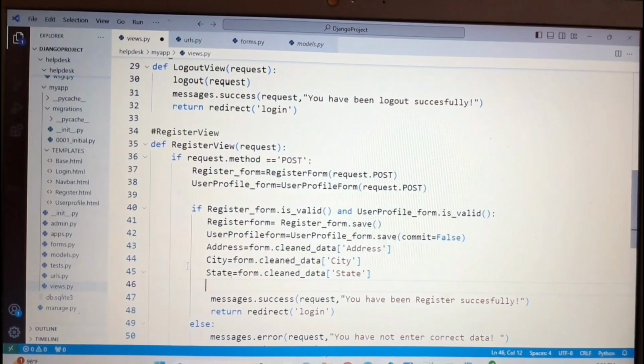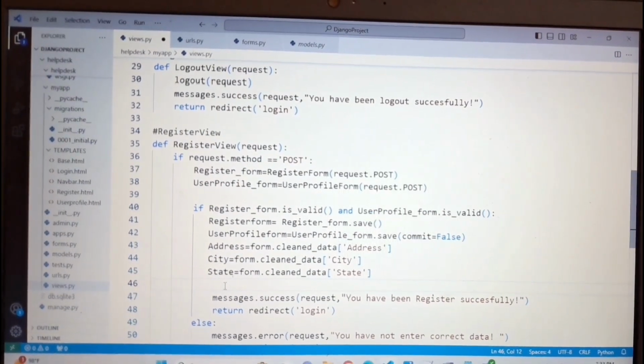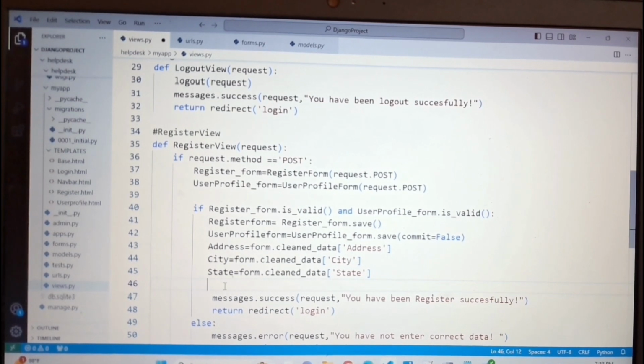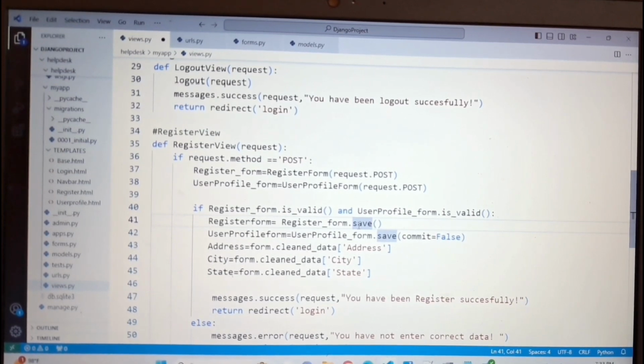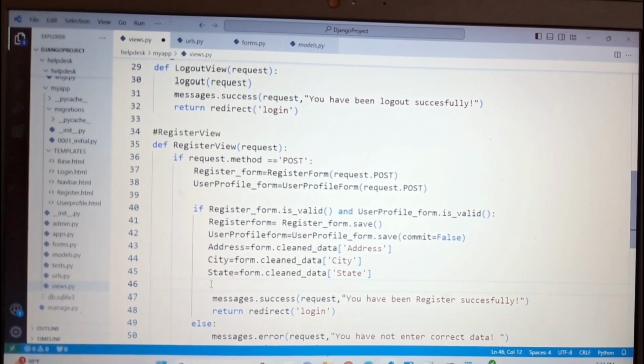And next I want to save these things to the user profile page, or you can say not user profile page, in the user profile model. And what is the model? Model is nothing but the table. So what is the syntax to save anything into the particular table? See, if you see here, right now we are saving in the form and it is automatically getting saved in the table. But what is the way to save in the model directly? So first you need to define any variable. So for example, I am giving profile